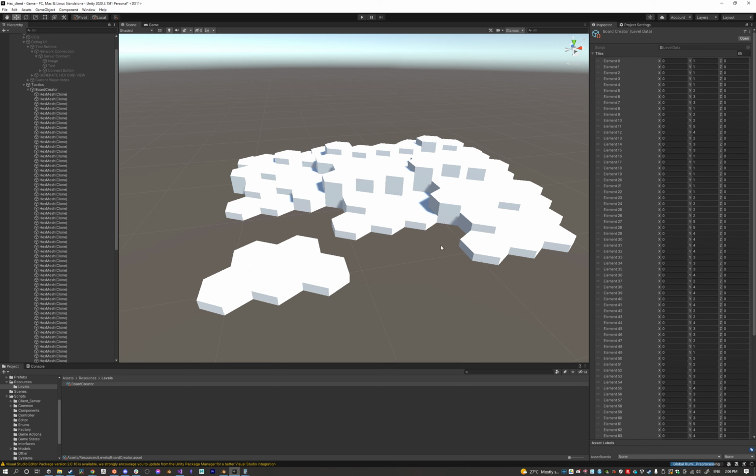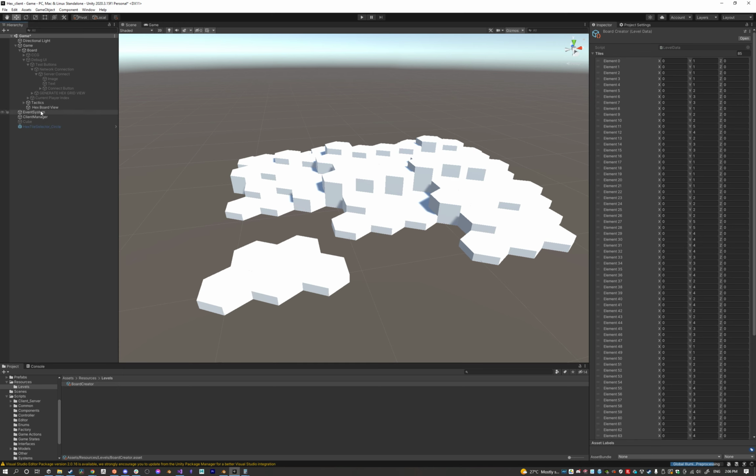So they're kind of overlapping each other. But what I want to do is, instead of creating a flat one, I want to create the one that I made in the editor, the one that we see here. So how do I do that? Well,